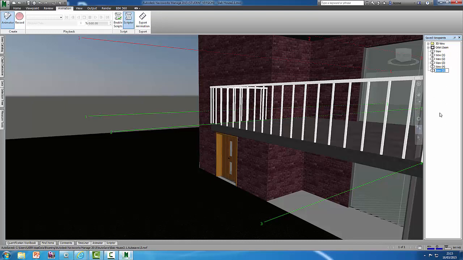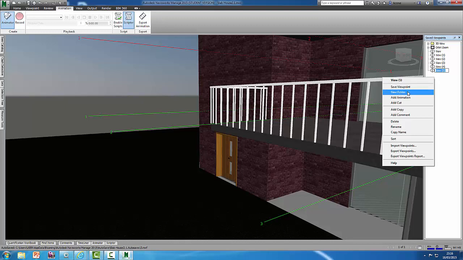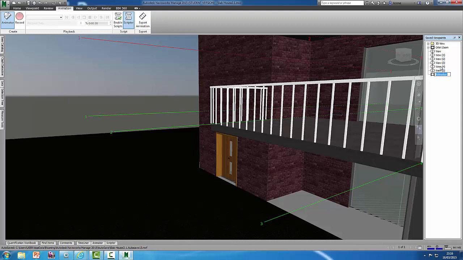What we've got to do now is actually create the animation itself. So again, we'll right click on the save viewpoint, and if you scroll down you can see several different ways that you can add, import viewpoints, export viewpoints, rename, add a comment, create a copy. All I'm going to do here is simply add an animation. It's created the animation in there. We can name that whatever we want, and just walk